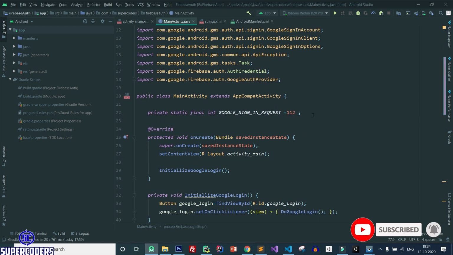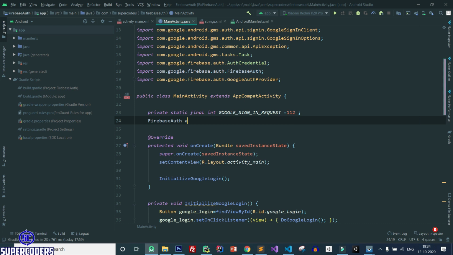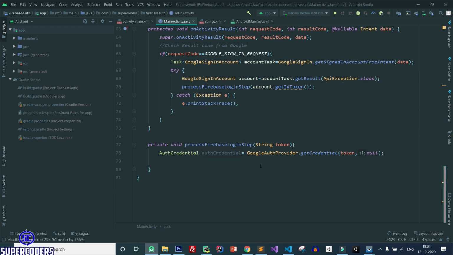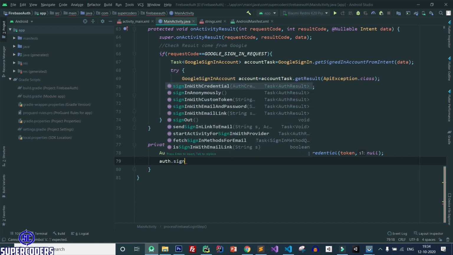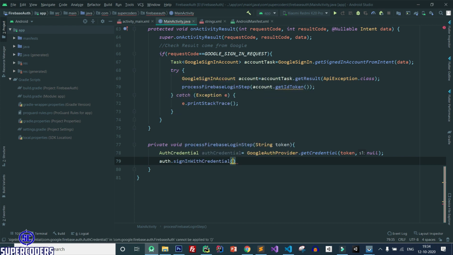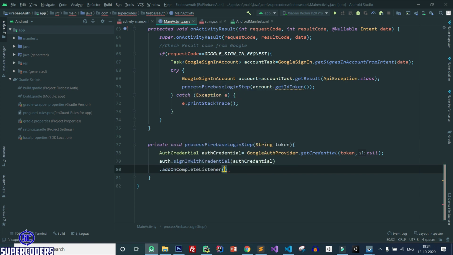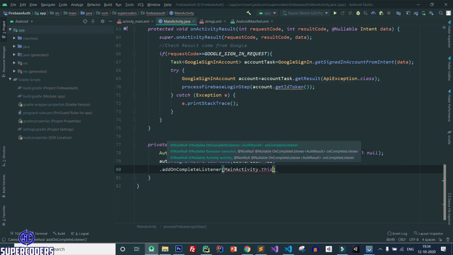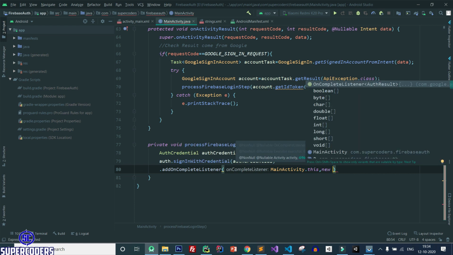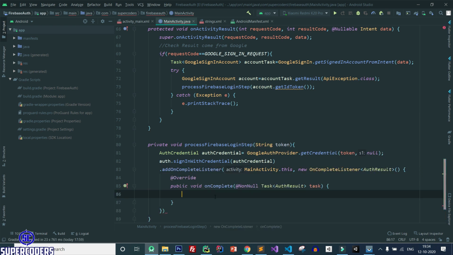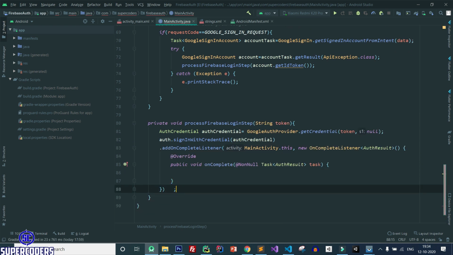So creating a FirebaseAuth object, auth, then auth.signInWithCredential, and pass the authCredential, dot addOnCompleteListener MainActivity.this, and after that new OnCompleteListener, and you can see everything has been done.